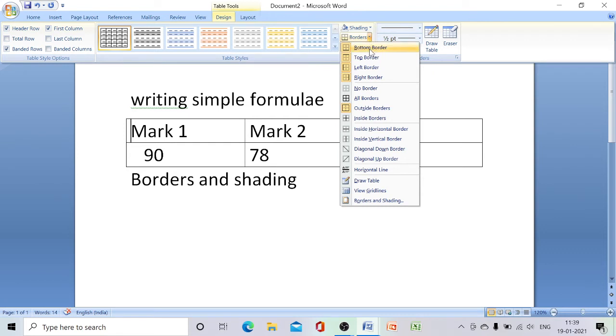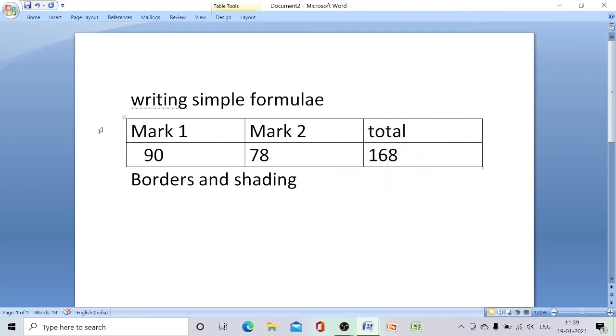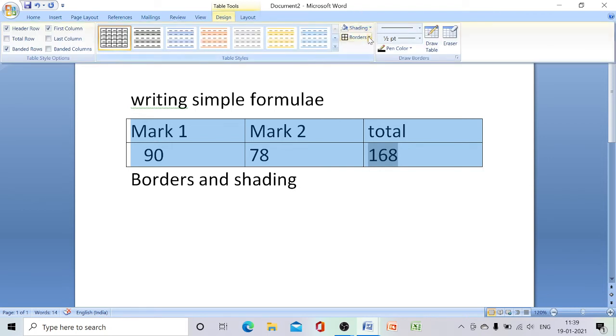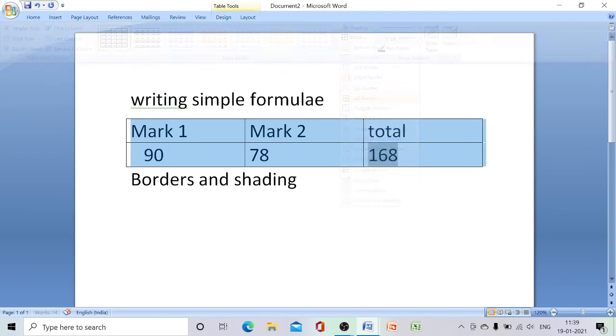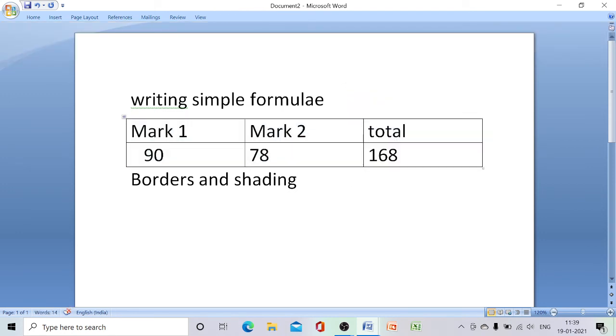So here bottom border, top border, left border, right border, different borders. Here all border. Let me click on this all border. First we have to select the table, then click on the design tab, then click on the border, then click this all border. So what happened? The border is applied over there.